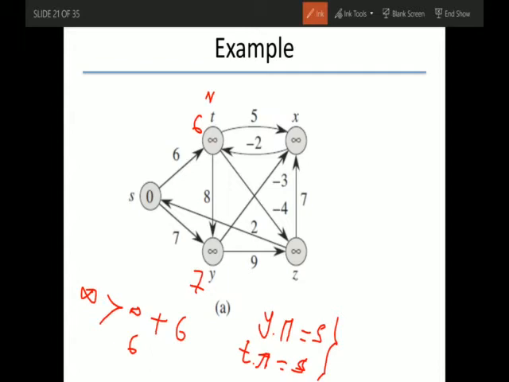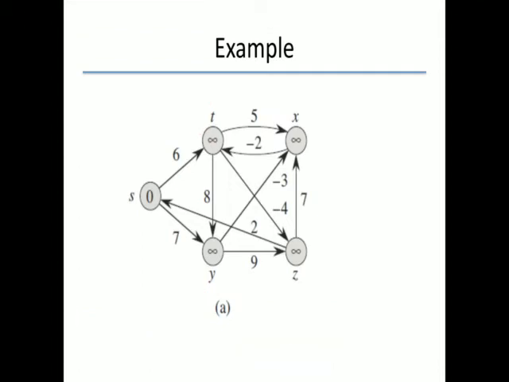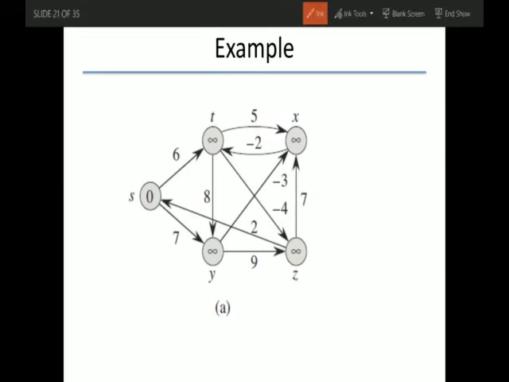So if there is a dark arrow between two vertices, you can assume that it shows the predecessor of that vertex, and the shortest path estimate is inside the vertex. So you can see these two will be updated. Let's see whether the others will update or not. For example, let's consider y and z. Right now y value is infinity and z is infinity.